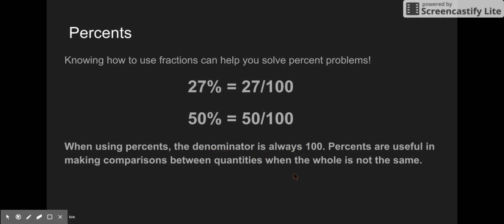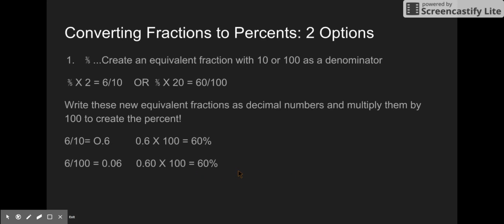Percents are useful in making comparisons between quantities when the whole is not the same. Converting fractions to percents, you've got two options. 3/5. You can create an equivalent fraction with 10 or 100 as a denominator. 3/5 times 2 will create the denominator 10 and the numerator 6, or 3/5 times 20 creates the numerator 60 and the denominator 100. These new equivalent fractions can be written as decimal numbers. You can multiply them by 100 to